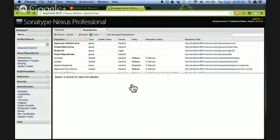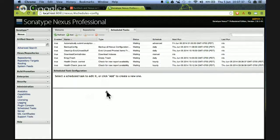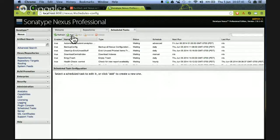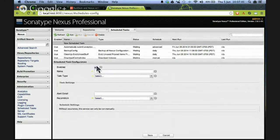However, you don't really want to regularly log in and do that. So as Rich mentioned, for any regular maintenance like that you want to do in Nexus, you should do as a scheduled task. That scheduled task is available in administration on the left here in the scheduled task menu. And if I bring this up here, you see that I got a whole whackload of them already configured. And I can just create a new one very easily by going add, and then here I can say